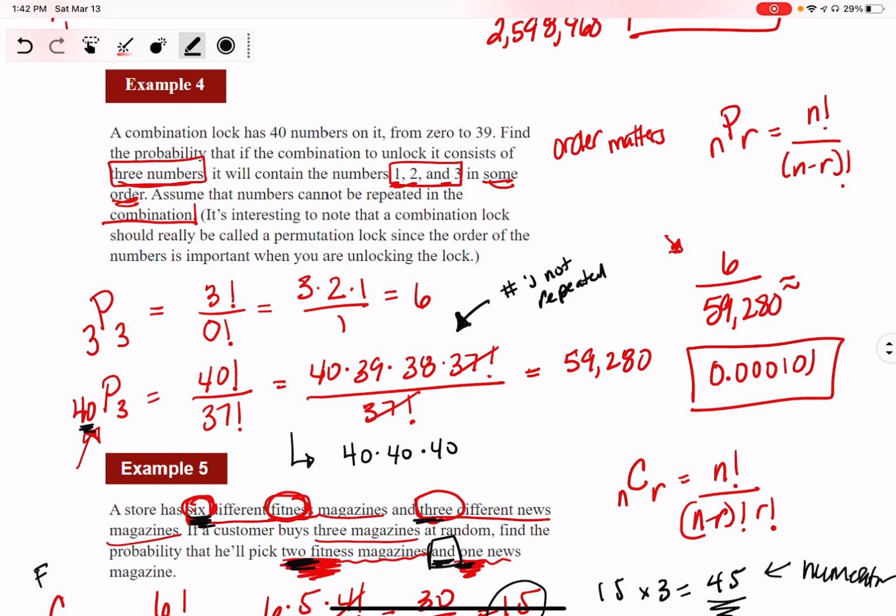So in this case, we can take that 40 times 40 times 40, and we've seen this in the other section also, to come up with 64,000. So if we were asked the probability, then we would make this our denominator, and we can say 6 out of 64,000, and that gave us about